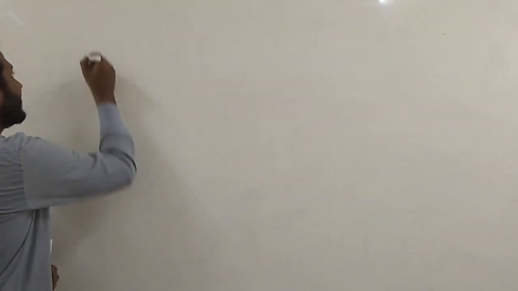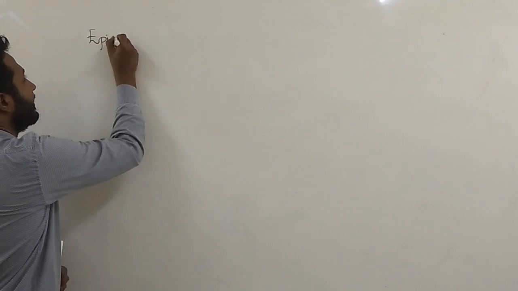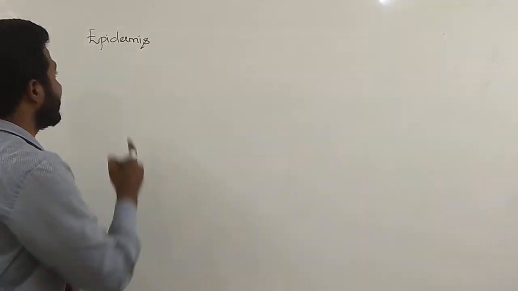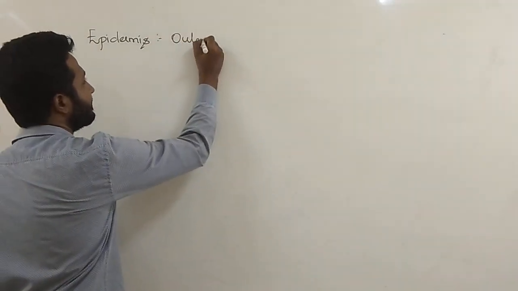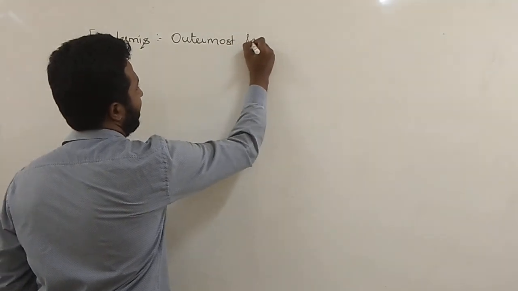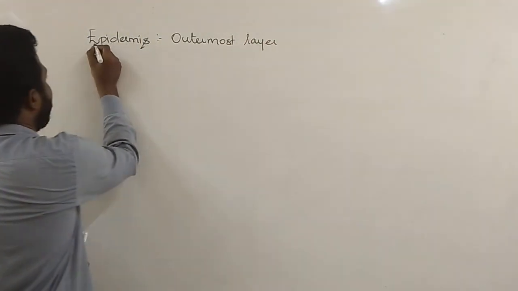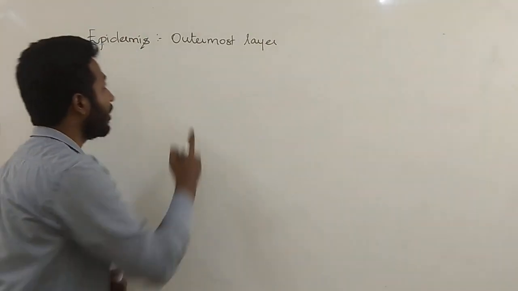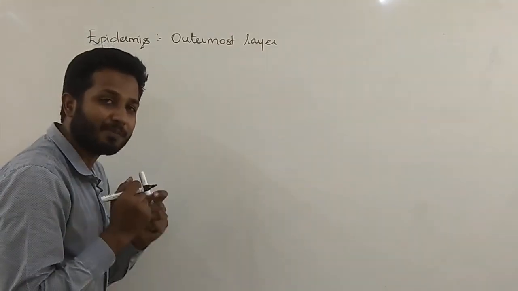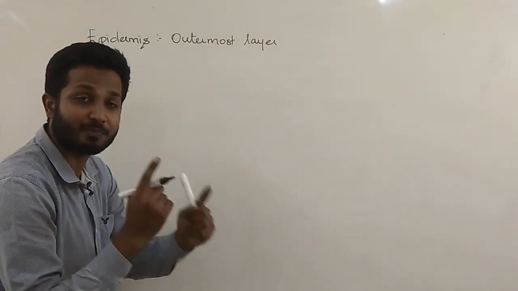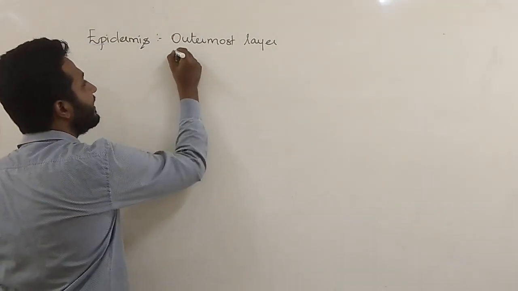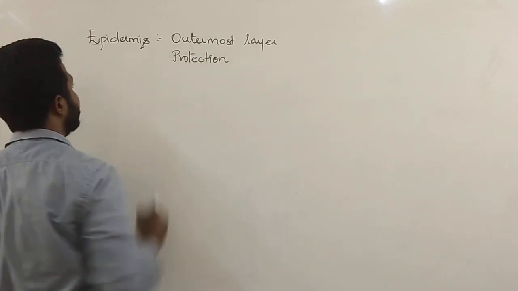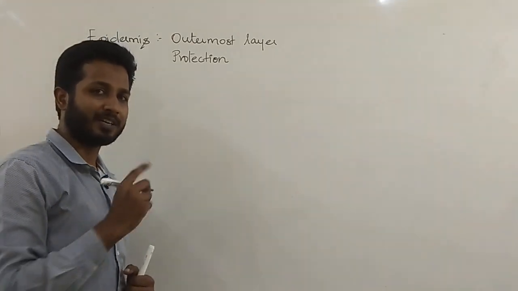After writing that, write a side heading as epidermis. As I told you earlier, what is epidermis? It is the outermost layer. Epi means above, derm means skin. I am repeating this. Epi means above, derm means skin. The outermost layer is responsible for what? What is the skin doing from outside? It is protecting. So the next point under this is that it provides protection. Epidermis is the outermost layer and provides protection.